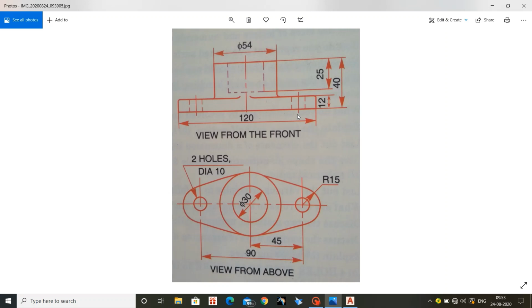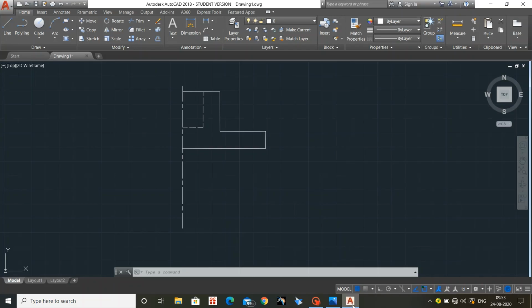Center line of small hole is apart 45 mm from the diagram center line, that is component center line. So first I would like to draw that center line, and the diameter of the circle is 10 mm. So from the center line it will be 5 mm. So after drawing the center line I will draw the 5 mm line.